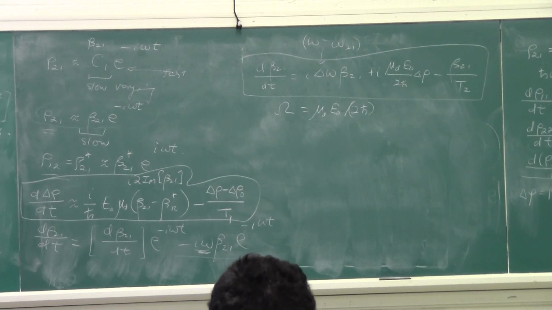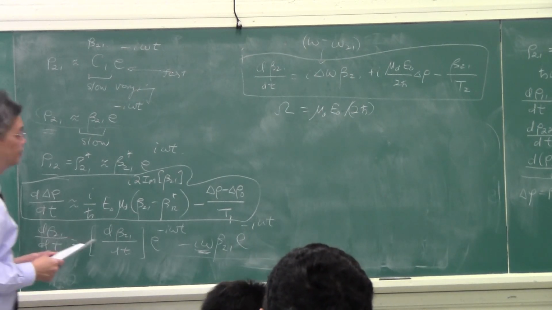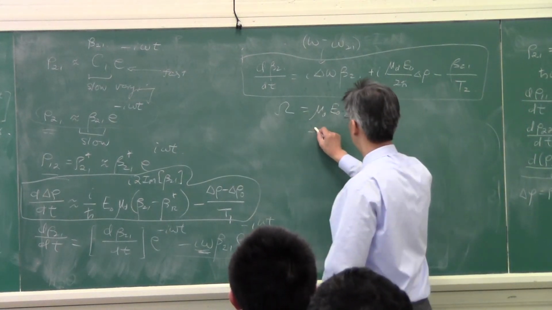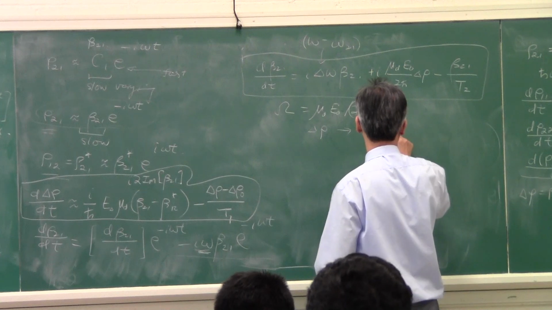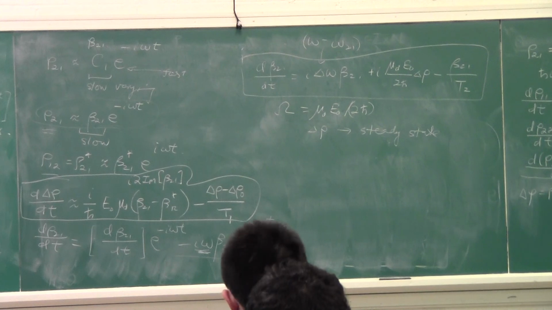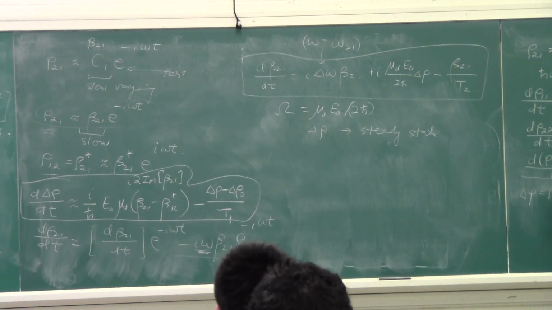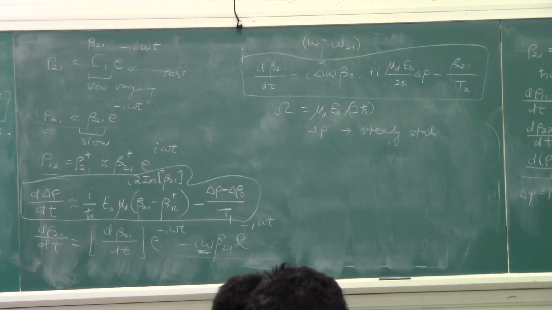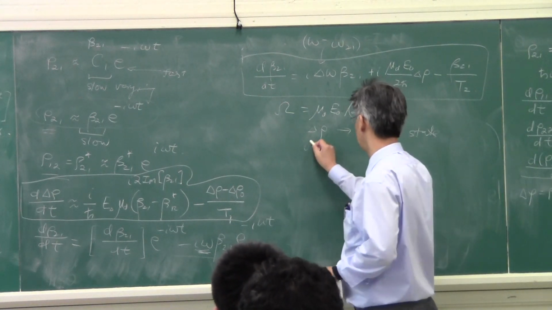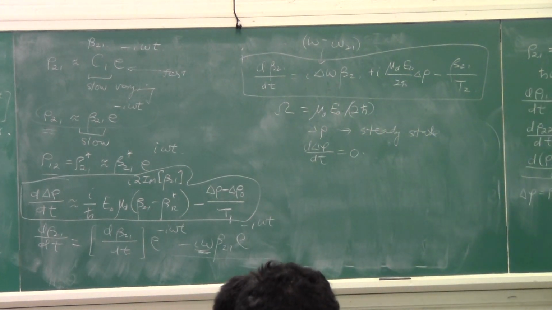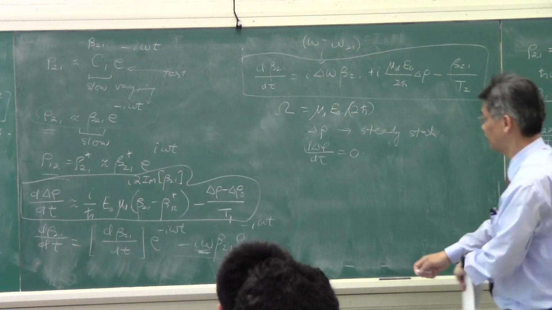So in steady state, if you assume that the laser light is shining on this, then delta rho will reach a steady state. Delta rho is the population difference between the excited state and the non-excited state, or the ground state. Delta rho will reach a steady state, and if that is the case, then I expect that d delta rho dt must be equal to 0. And if that is the case, I can set this equation to